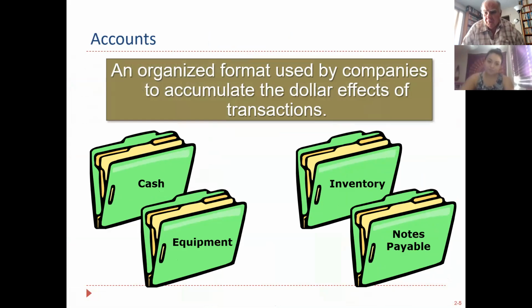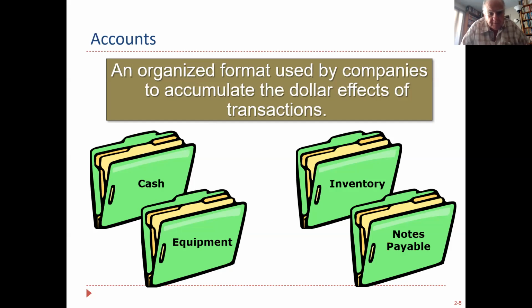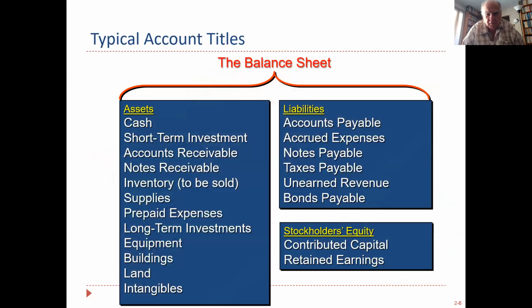So in our chart of accounts, we have the accounts listed in order by assets, liabilities, equity, revenues, and expenses. And the assets are listed in liquidity order, meaning which is the easiest to turn into cash. Cash goes first, accounts receivable may be next. So think of these folders here as a pocket where you're going to record your transactions for that particular item and keep the balance going forward.